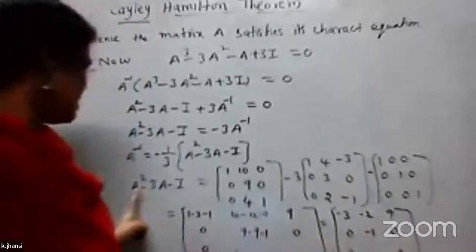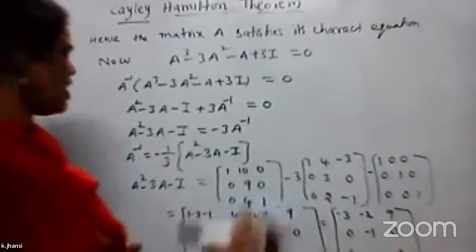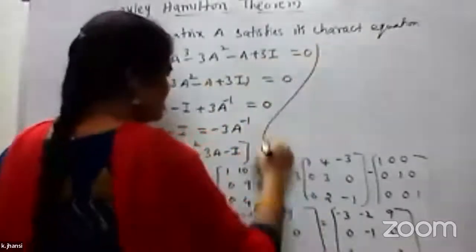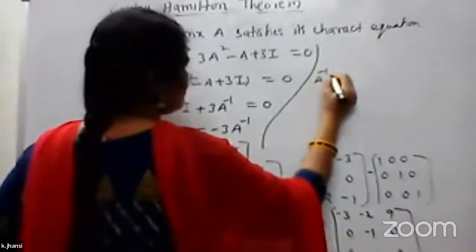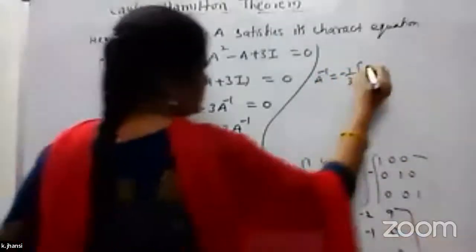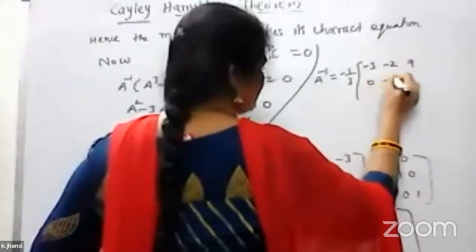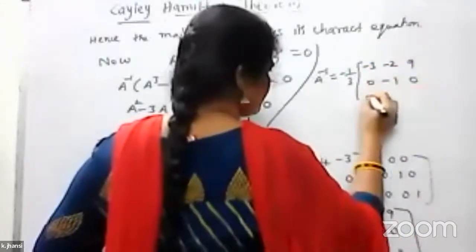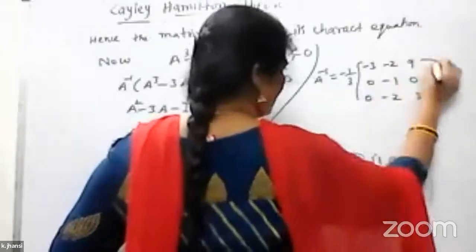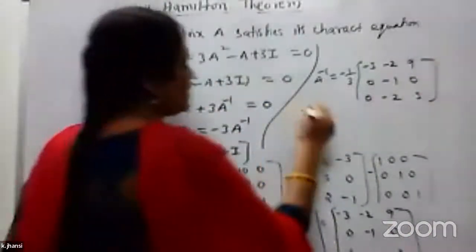So this is the value of A square minus 3A minus lambda. Now A inverse is equals to minus 1 by 3 into this value, that is minus 3 minus 2 9 0 minus 1 0 0 minus 2 3. You can keep like this only, or else if you simplify this you will get it as